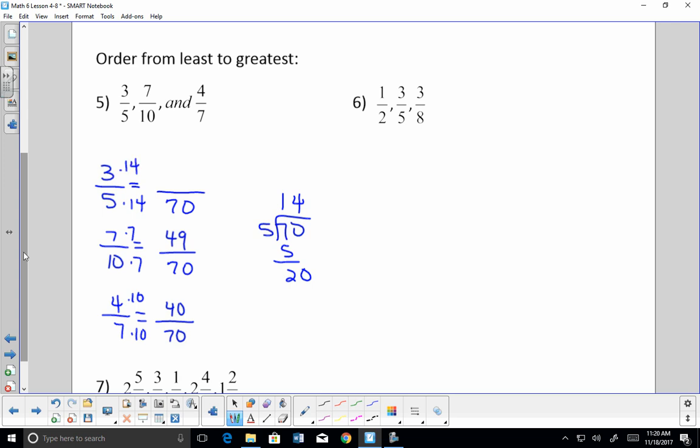Okay, and 3 times 14 happens to be 45. No, it's not. 3 times 14 is not 45. 3 times 4 is 12. 52. Okay, so that would be